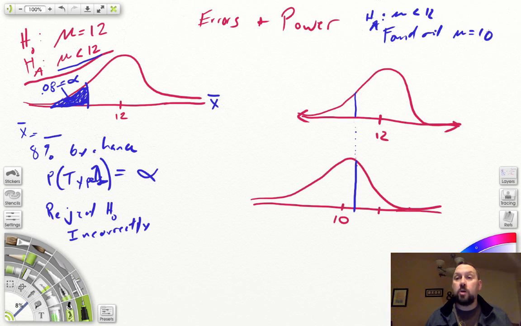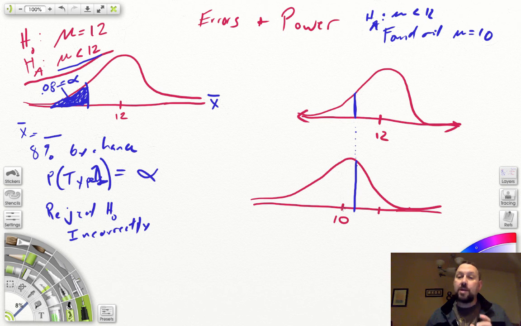Is mu less than 12? Yes, we found out later on that mu is actually 10. 10 is less than 12. So based on the way I did my test before, if I am out here, lower, in this case I'm greater than 10,